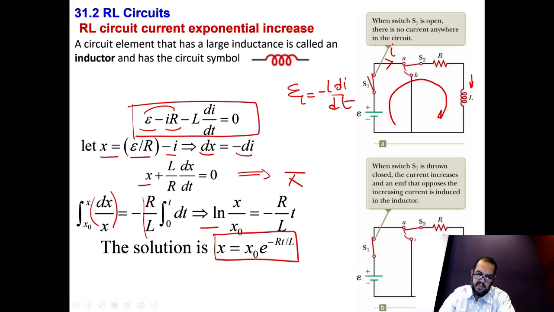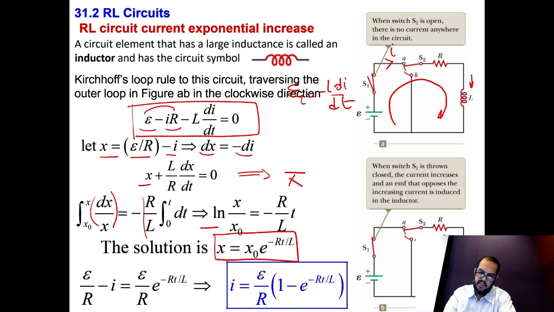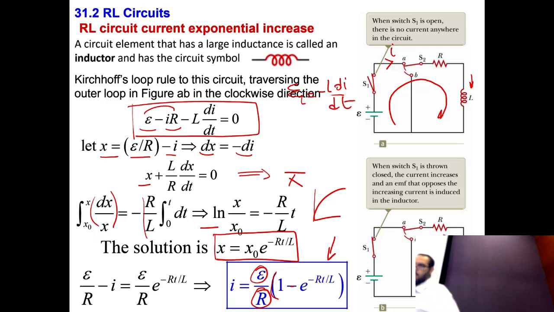We replace this x in the equation for I, and we get a new equation for the current I. The current in this case is an exponential increase. It's equal to the EMF of the battery divided by the resistance times 1 minus exponential of minus Rt over L. Remember, this is very similar to an equation we have seen before for charging a capacitor. Remember, we had